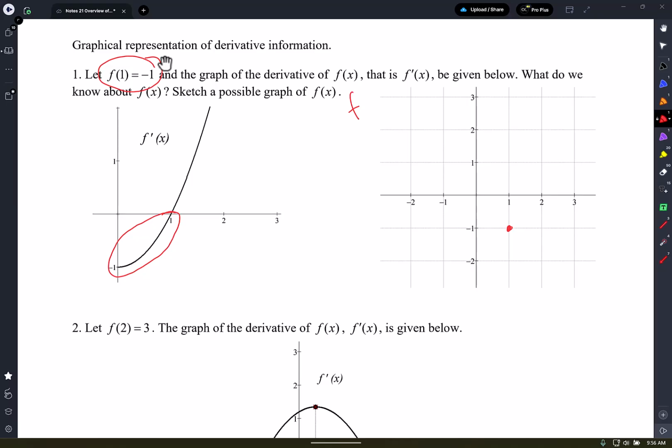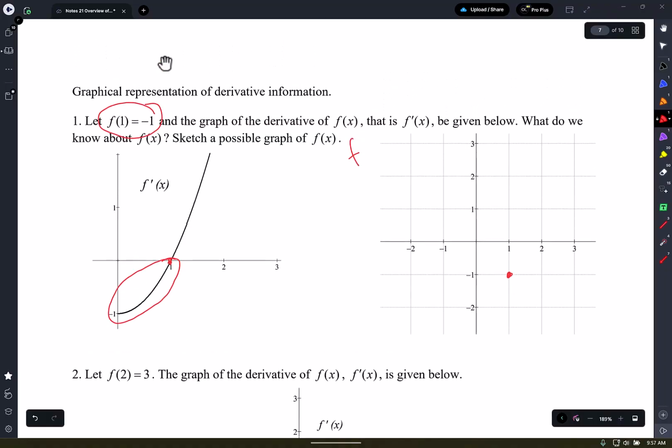So draw a decreasing, concave up curve leading up to (1, -1), and right at (1, -1) I have a horizontal tangent because there's a 0 in f prime. Don't worry, I'm going to say all that again because there was a lot of information. You guys ready? I'll say it again. To the left of 1, notice f prime is negative. So if f prime is negative, that means f is